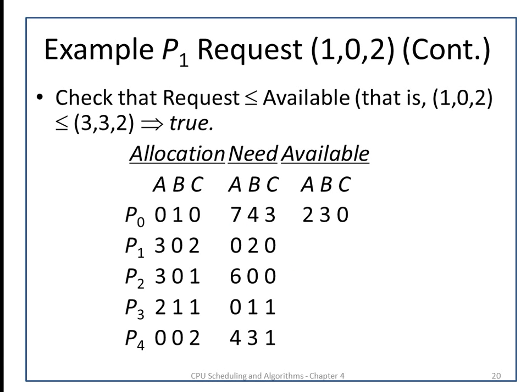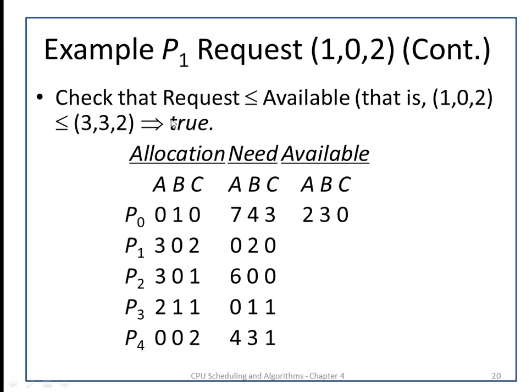So next algorithm is the resource request algorithm. This algorithm is required if we are having some new request from any of the processes. Let us say at time t1, the process P1 has requested the resources 102. So first we will check that the request which is made by the process P1 is satisfied by the available resources. That is, the available is 332 and the request 102 can be satisfied as it is less than this available.